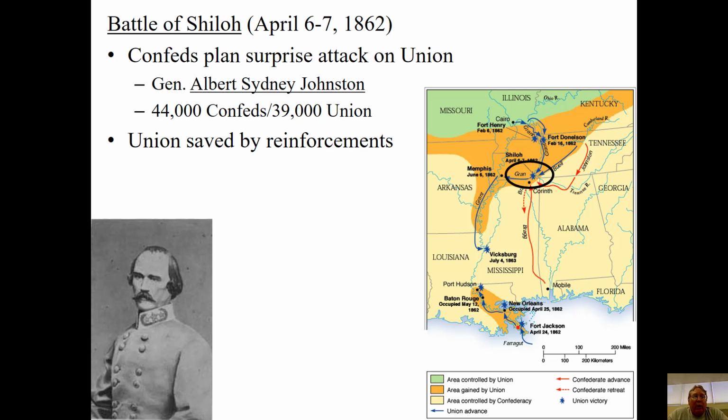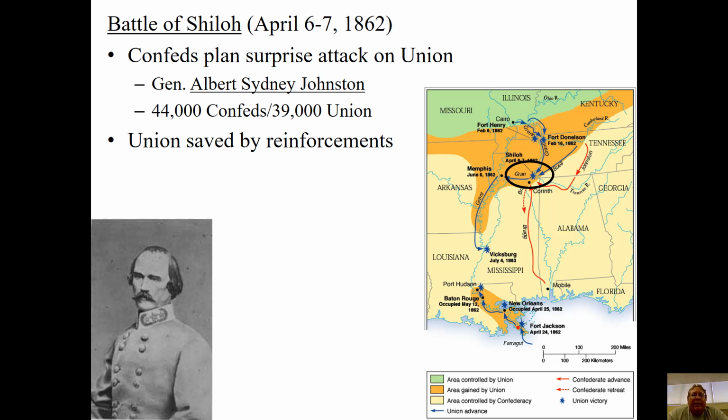So slowly but surely, the Confederacy is losing control of the Mississippi River and is about to be split in two. And one of the people that understands that is one of the commanders for the Confederacy out in the West, a guy by the name of General Albert Sidney Johnston. He's got about 40,000 men, and he knows that slowly but surely the North is going to keep working its way down the Mississippi, link up these two armies, and then it's pretty much over, right? The Union will be able to drive into Mississippi and Alabama and then Louisiana and Texas, and there's not much the Confederacy is going to be able to do about it. They just don't have enough forces.